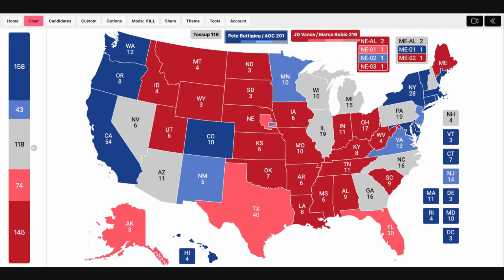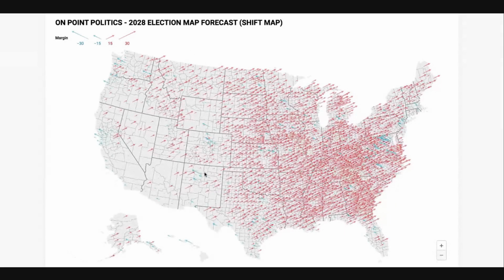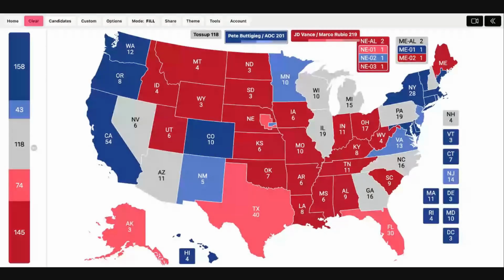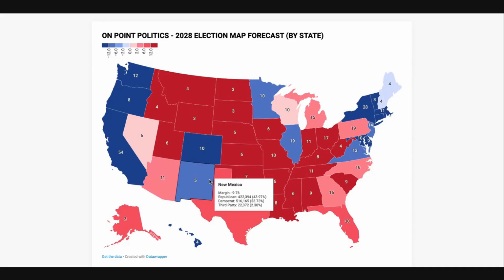But we see New Mexico, for example, if you look at the shift map here, Los Alamos County ends up shifting 6 points to the left. Bardino County ends up shifting. Santa Fe. That makes the state move a little bit to the left, despite some of the other shifts. And it shifts about 3.5 points to the left. And Pete Buttigieg is getting about 520,000 votes in the state of New Mexico, winning it by almost 100,000 votes, believe it or not.